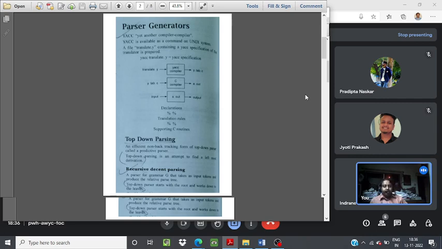There are two types of parsing: top-down parsing and bottom-up parsing. Top-down parsing is also known as recursive descent parsing, and bottom-up parsing is also known as shift-reduce parsing. Top-down parsing is an attempt to find the leftmost derivation. And in a grammar, if there are two or more parse trees, then the grammar is called ambiguous. If there exist two or more parse trees, the grammar is an ambiguous grammar. So this top-down